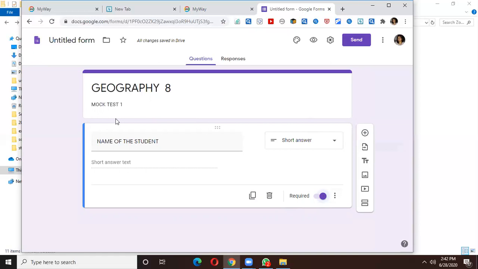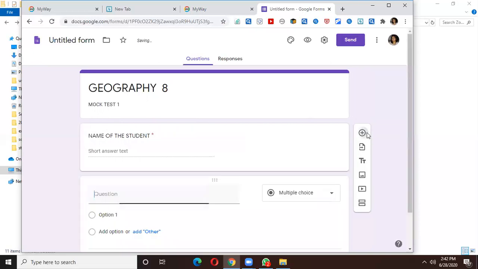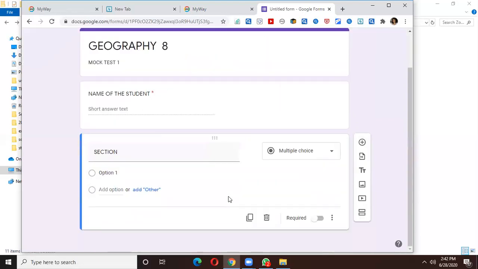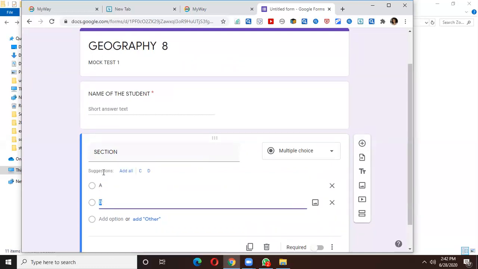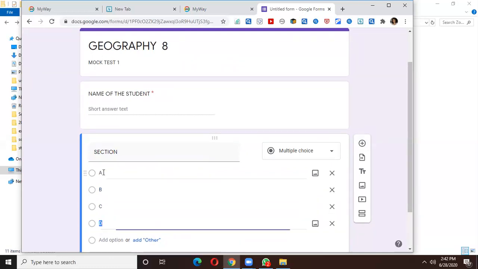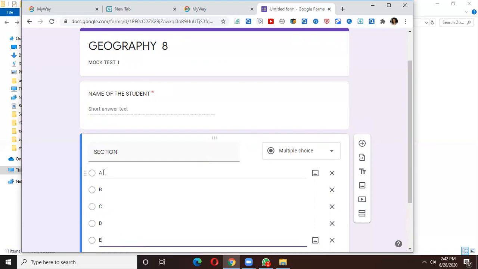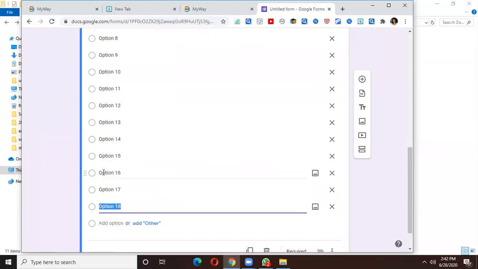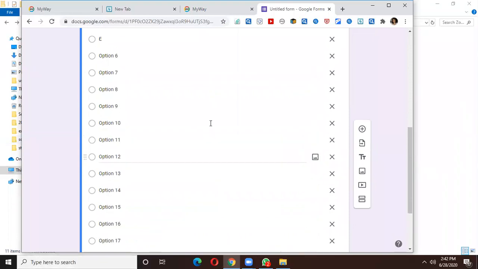Now when you add any other information, you need the section. Now you have to fill in the section of the child. Give this as a multiple choice. Then add options A, B, C, D and E. Suppose by mistake you have kept on pressing this and so many options have already opened.